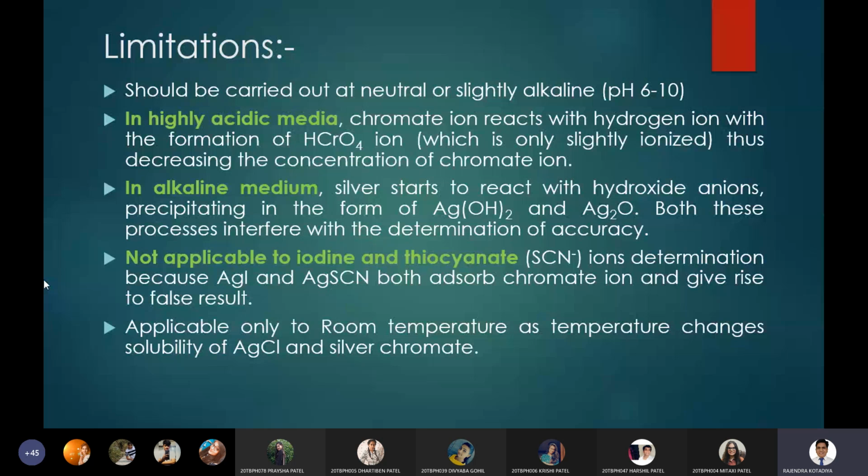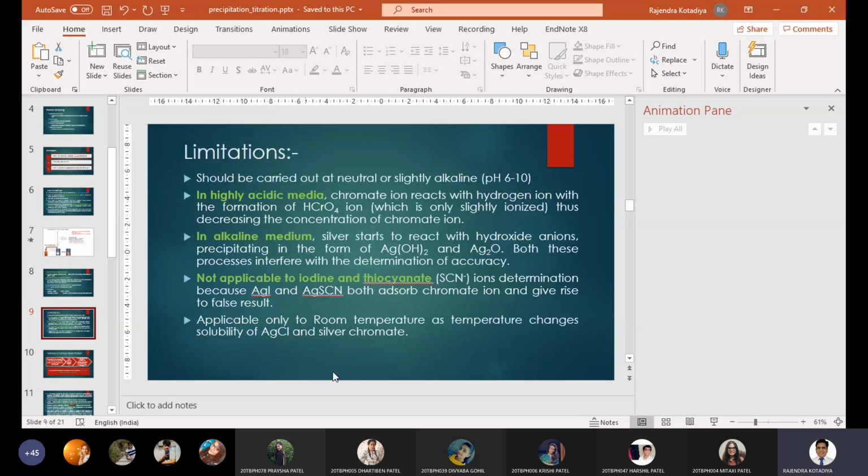So that's it for today's lecture. We can discuss the further part in our next lecture. If you have any doubt further, we can discuss right now. કઈ બી issue હોય